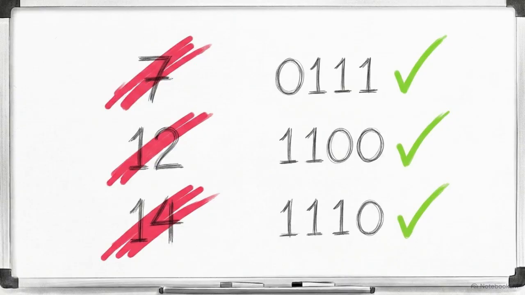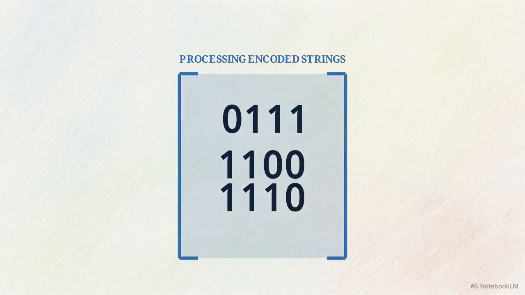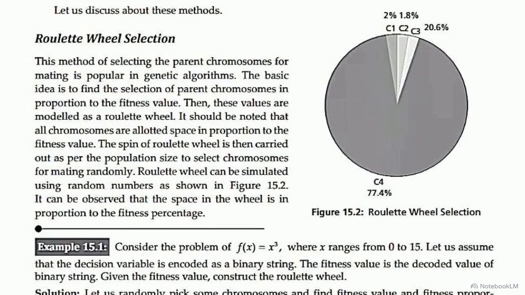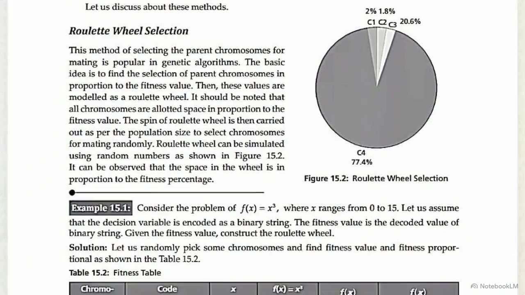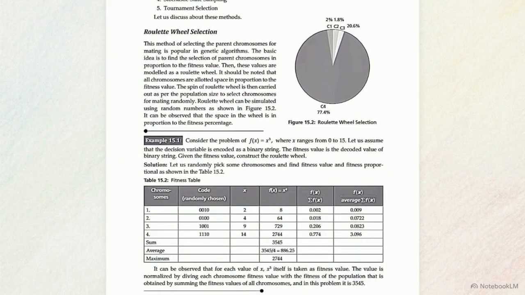This initialization sets the ground rules. From this point forward, the genetic algorithm does not evaluate the raw decimal numbers. It operates strictly on these encoded binary strings. Once we have an initial population, we evaluate it using a fitness function, which measures the mathematical quality of a solution. This chart and table illustrate the roulette wheel selection method, which uses those fitness scores to pick the parents